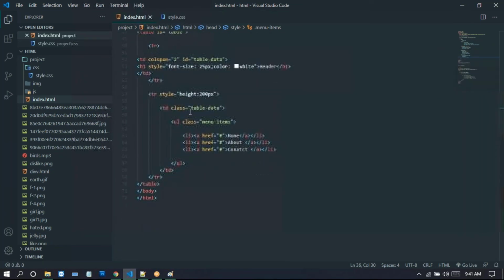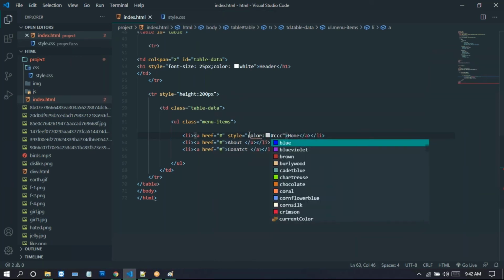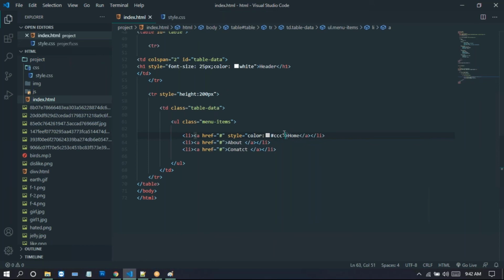Here, just apply this color. I'm applying styles here. I just provided CCC. Just copy this style and paste it. Here I'm just writing color. Sorry.